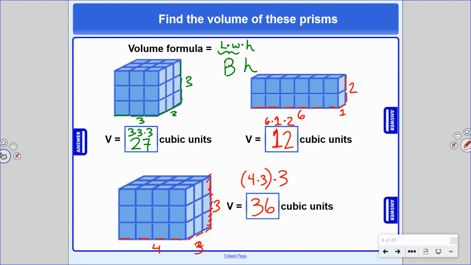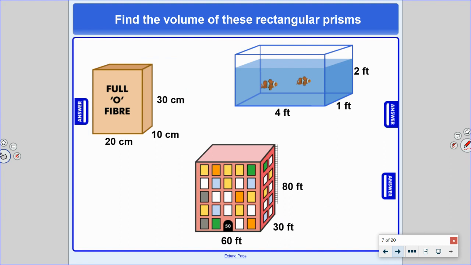Now, that's showing all the actual cube measurements. What if you don't have it? It's okay. You're still going to measure and use the same formula. So let's take a look at this rectangular prism that is an aquarium. We're still going to multiply length and width and height, where in this case,